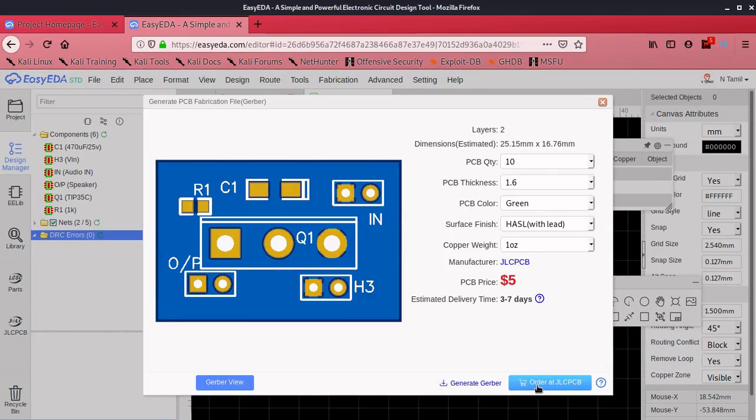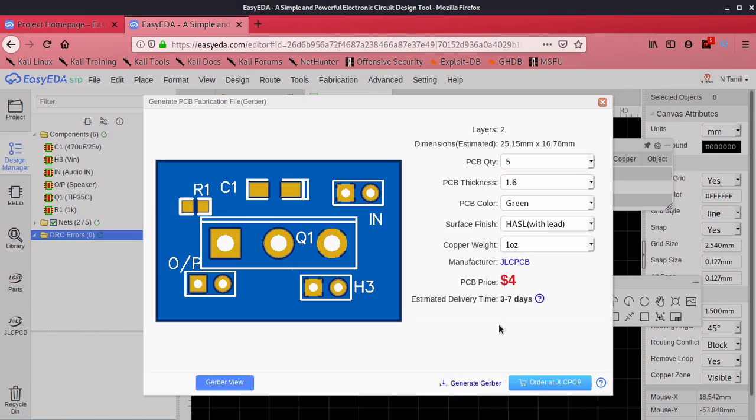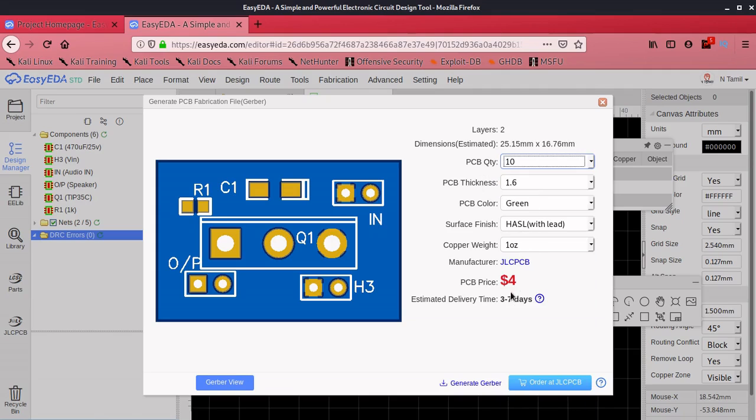So 10 PCBs will be $5 for delivery in 3 to 7 days, and I can also change it to 5. It will give $4. So I prefer 10.